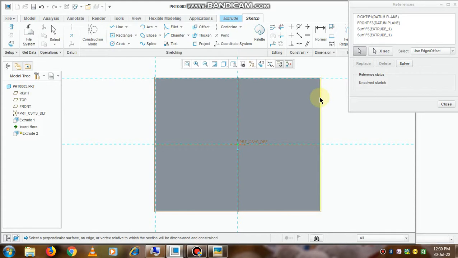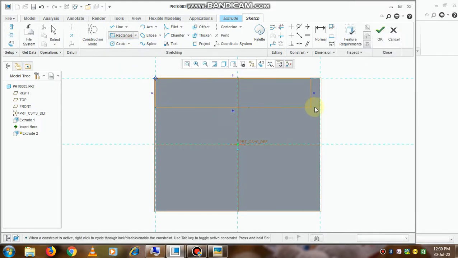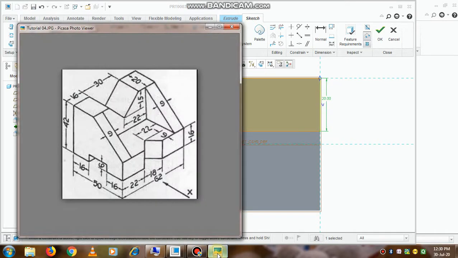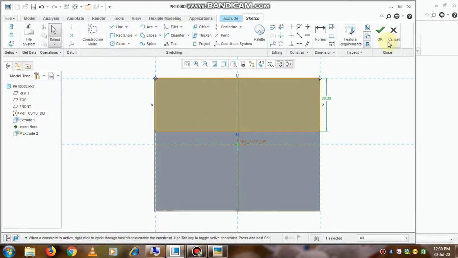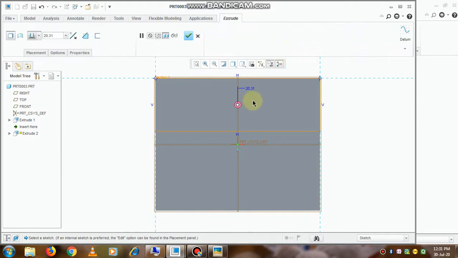So this is the top line, left line and right line, that is for the references we have selected, and in the rectangle we will select corner rectangle so that it will pick up the corner properly, and its width is 20 that we have seen. See, once again cross check it, 20 is the width, and on a larger face that is 62 we have to create it.